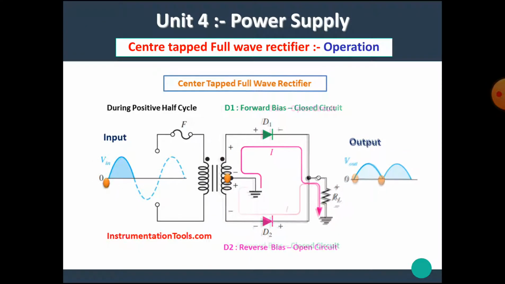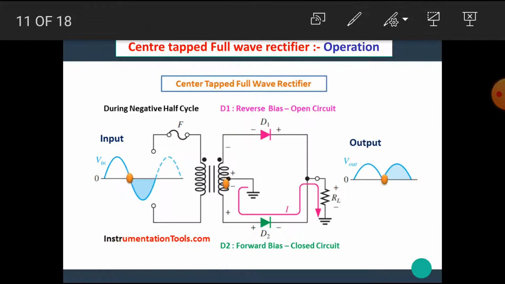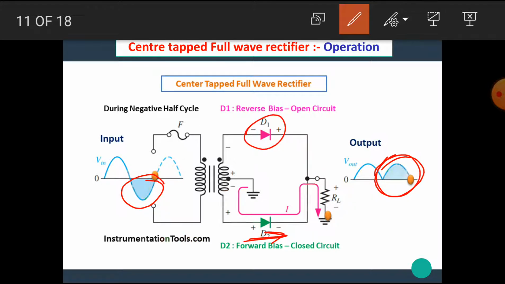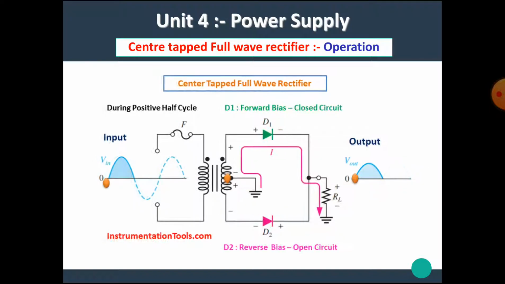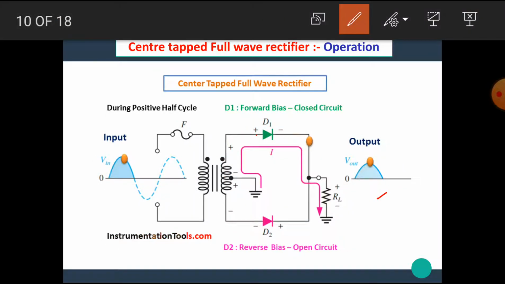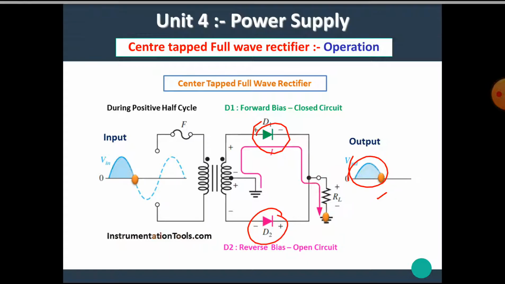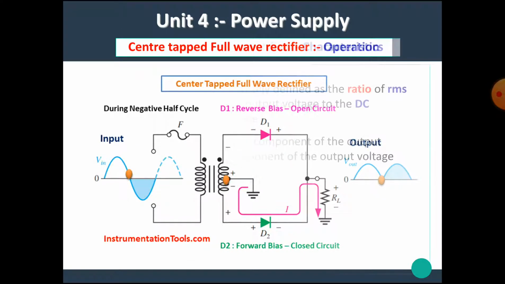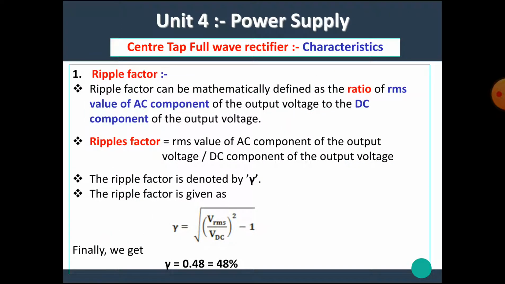Let's see this concept once again. Okay, here at the negative half cycle, the diode D2 conducts and output appears across the load. I hope you all understand. Let's see once again. During negative half cycle, the diode D2 conducts and output appears across the load. At the same time, D1 remains off. While during the positive half cycle, D1 is on and we get the output. At the same time, D2 is in off state. I hope now you all understand the operation of full wave rectifier.